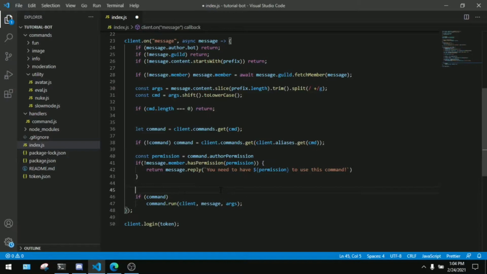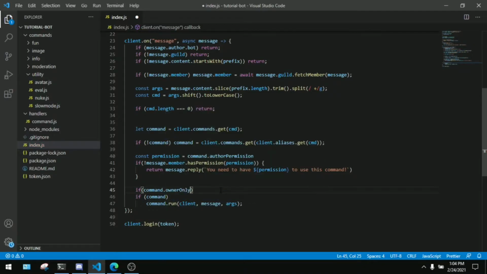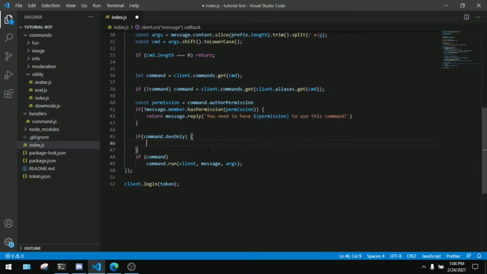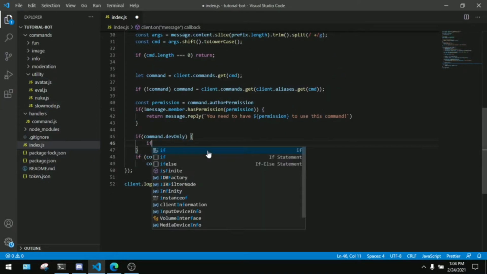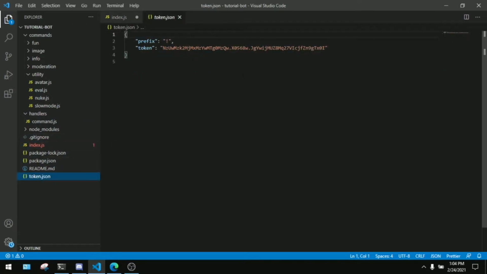Next we're gonna check if the given command is set to owner only, so that only the bot owner may be able to use the command. Actually, let's make it dev only, so that only the bot developers will be able to use the command and not everyone. So we're gonna say if command.devOnly, then